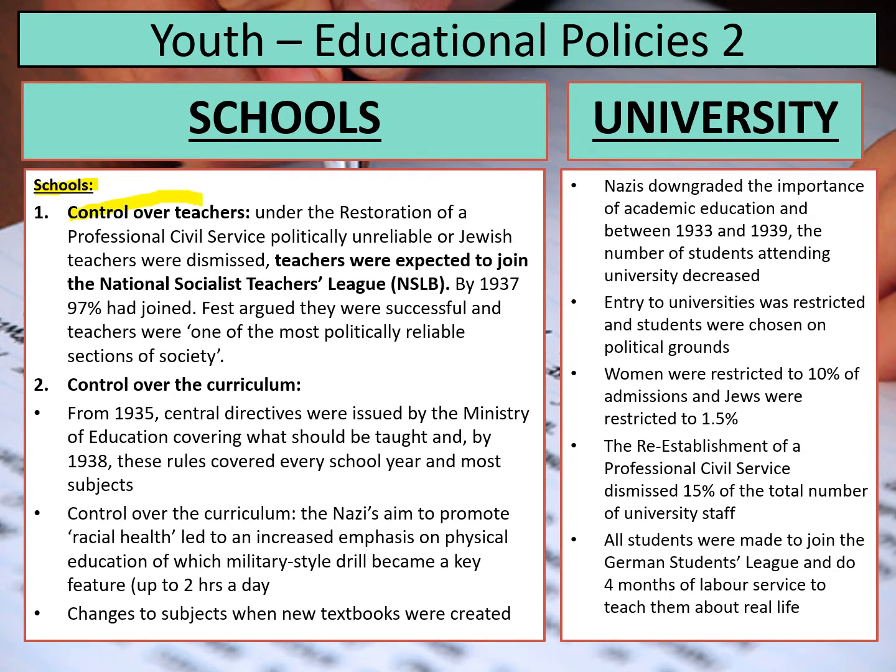The first way was about trying to control the teachers. So it started in 1933 with the law for the restoration of professional civil service that basically sacked not only Jewish but also politically unreliable people from their positions in places like the civil service, but also within some state jobs as well, for instance, teachers. So anybody that was seen as being politically unreliable or even a Jewish teacher was sacked straight away in April